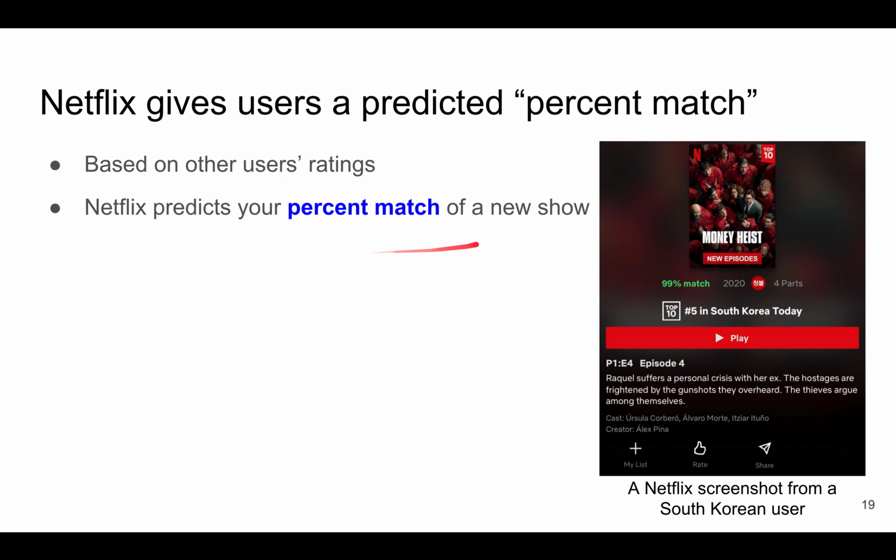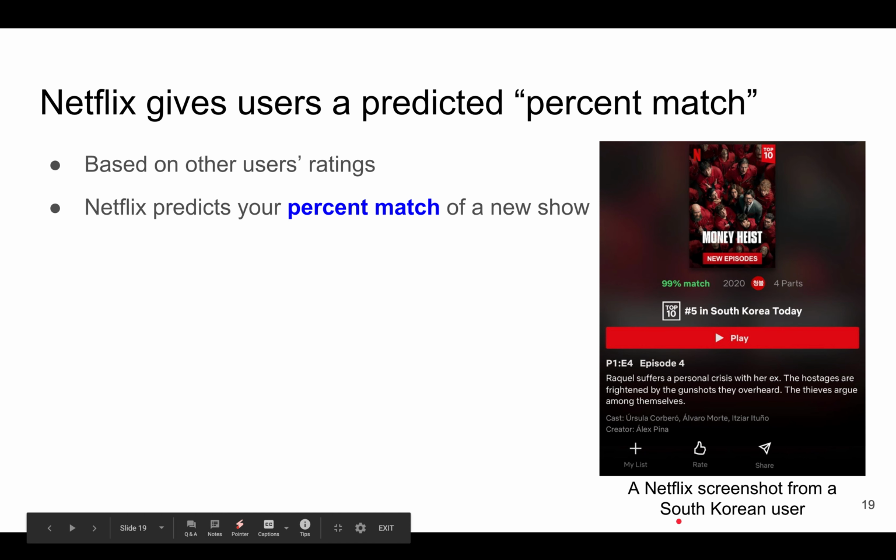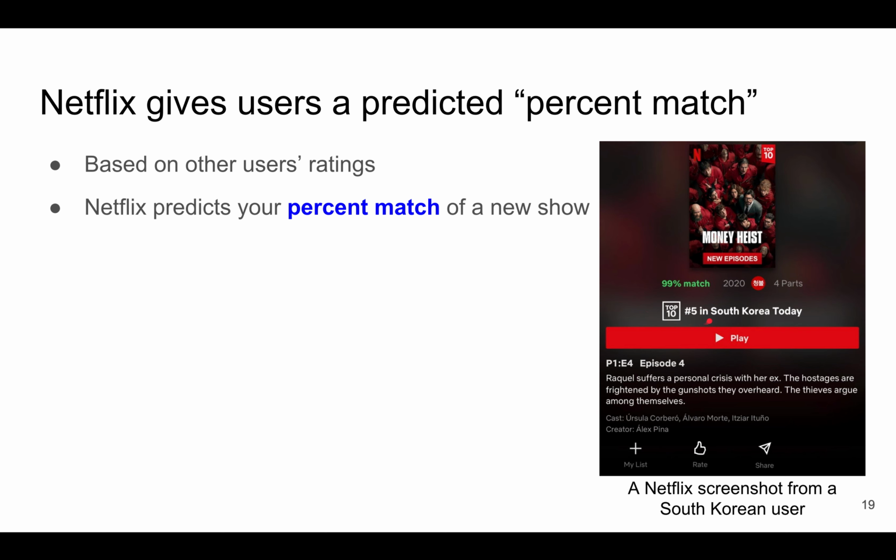So for example, here's the 99% match that Netflix recommended this show Money Heist for a particular user who's actually a student of mine from South Korea. And that's why it says that Money Heist is number 5 in South Korea today.